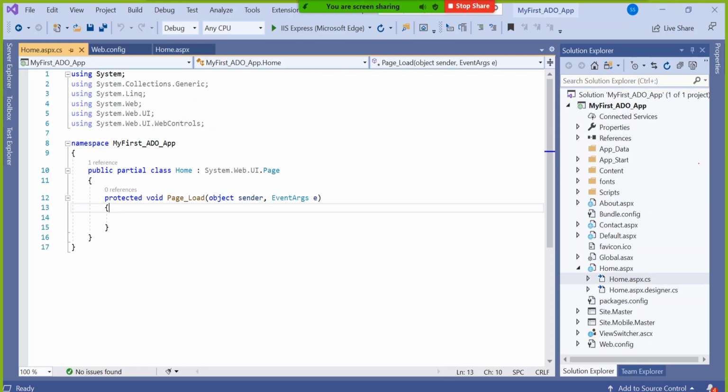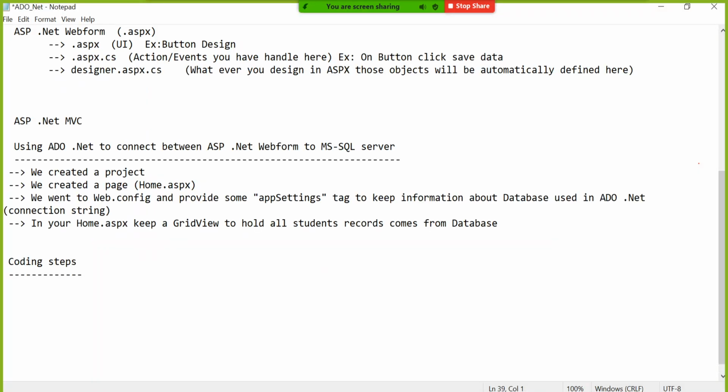I'm saying right side and left side because it will keep the concept in your mind for a long time. Actually, there is nothing called left side or right side. This guy called home.aspx.cs is sitting in the middle. The right side guy is your SQL Server database. The left side guy is your ASPX. You take it that way. Now the coding we have to write in such a way that you collect the data from the right side, the SQL Server, and give the data to ASPX or the grid view. Okay, step number 1.